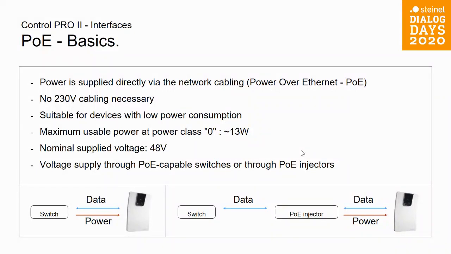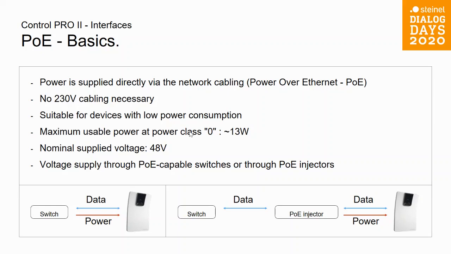So the basics of power over Ethernet. So the power is supplied directly via the networking cable. There's no 230 volt cabling required, and it's suitable for devices with a low power consumption. We have a maximum usable power at a class of 0, which means the network port provides up to 13 watts of power. We have a nominal supply voltage of 48 volts, and the voltage is supplied either through PoE capable